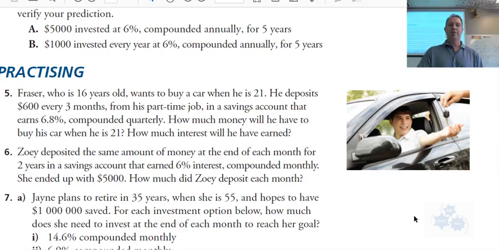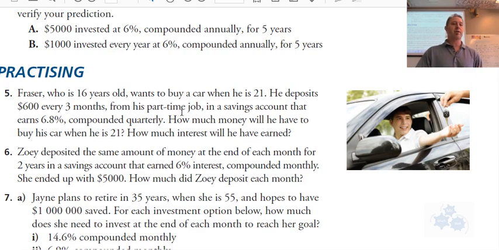Section 1.5, investments with regular payments, number 5. Fraser, who's 16 years old, wants to buy a car when he's 21. Boys, listen up, please. Follow along in your text. He deposits $600 every 3 months from his part-time job into his savings account that earns 6.8% compounded quarterly. So we have all the information here, and for this question, with regular payments, you're